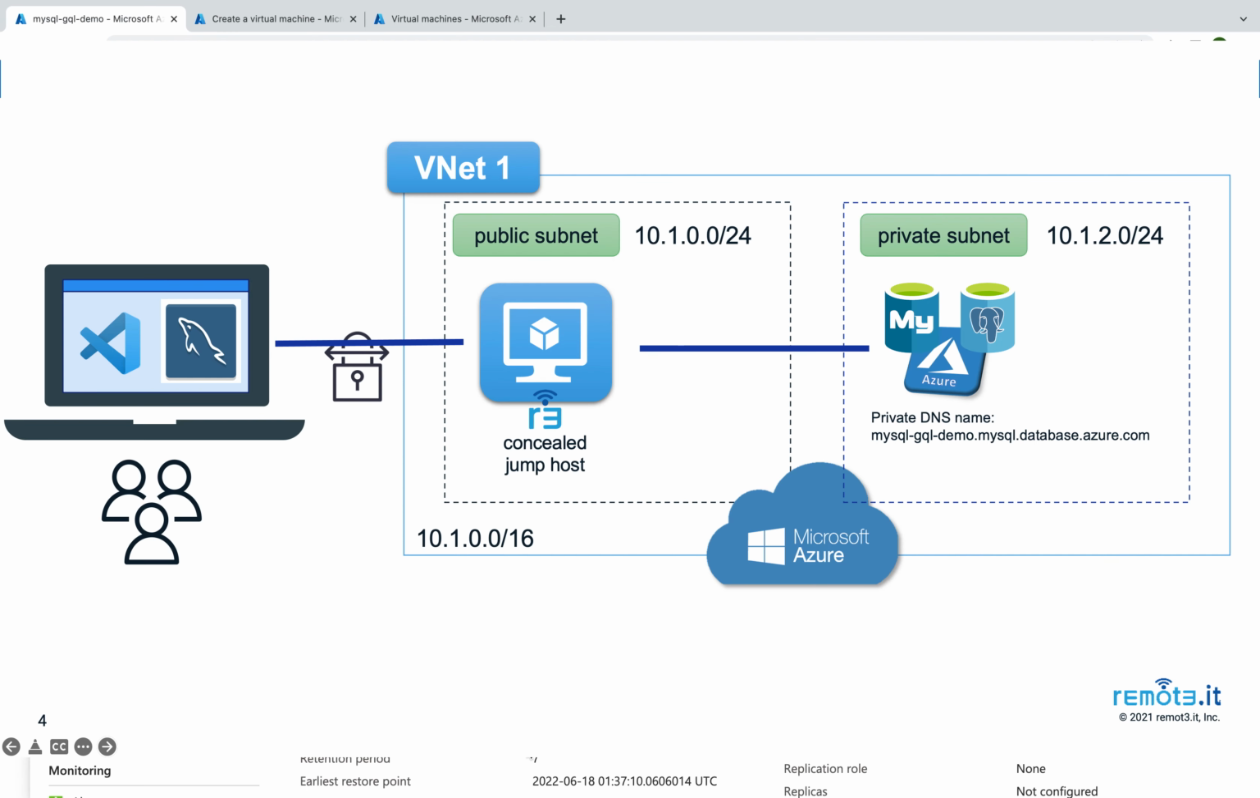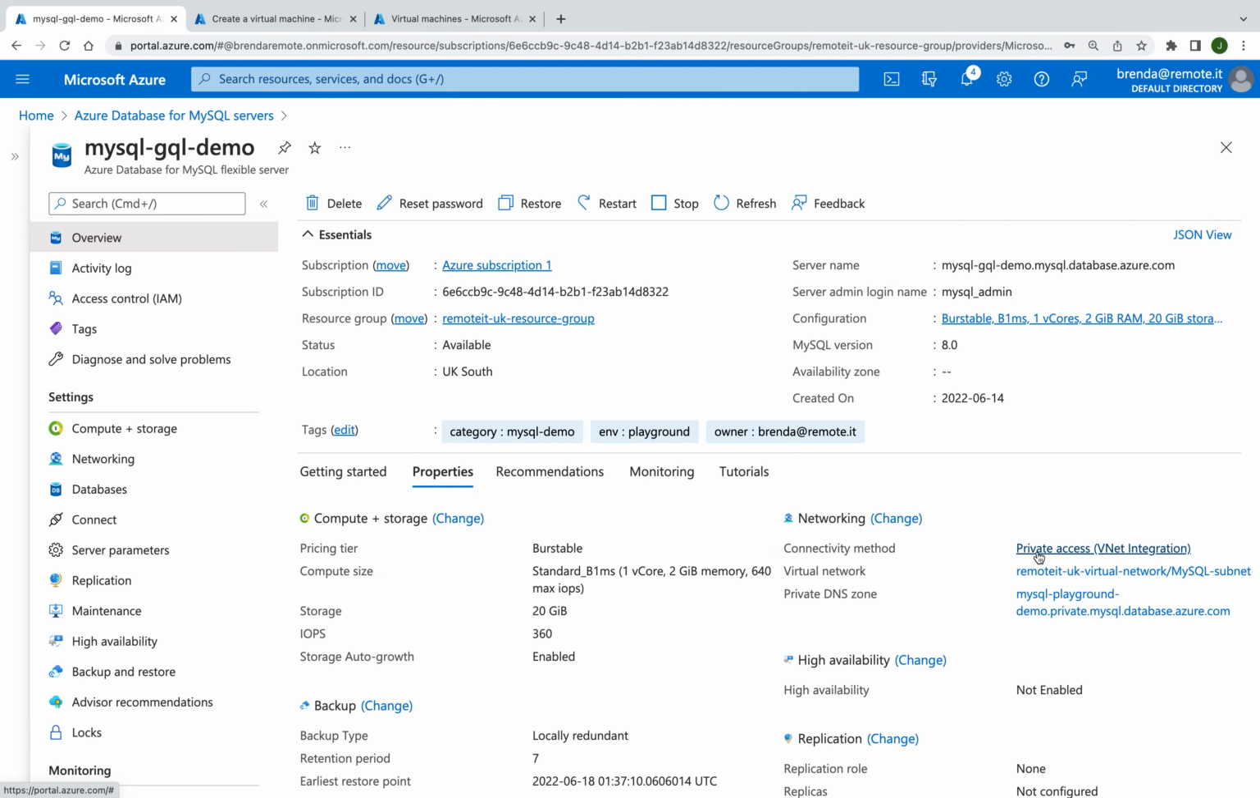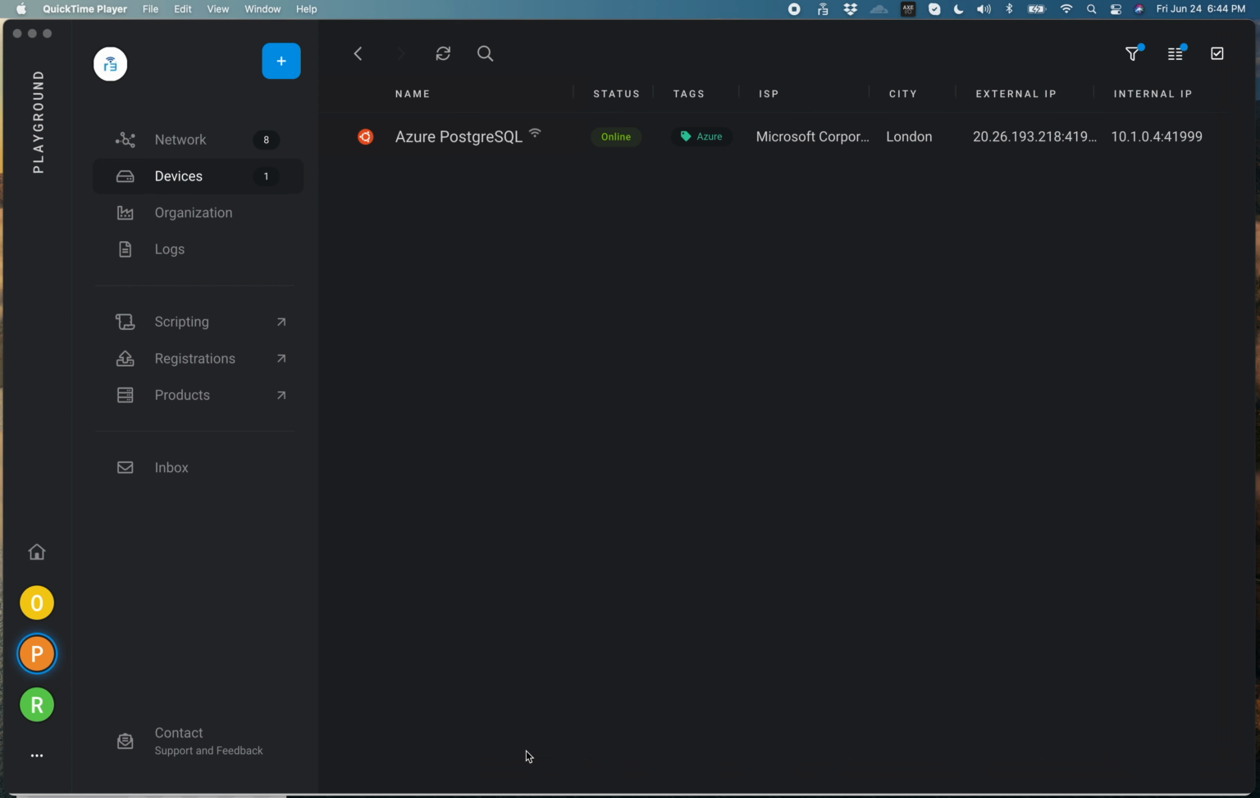Here we have a private MySQL database hosted at Azure. This is a private database. It's not accessible from the internet in any way. It is only reachable inside the VNet where it's hosted. I'm going to show you how to use Remote.It to access that private MySQL database safely and securely from anywhere